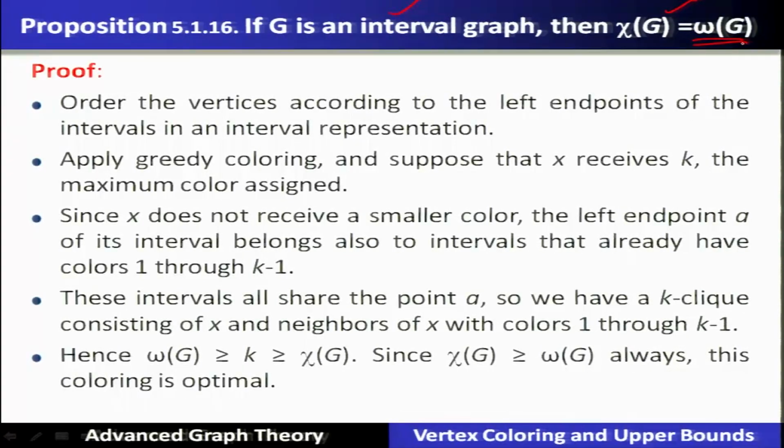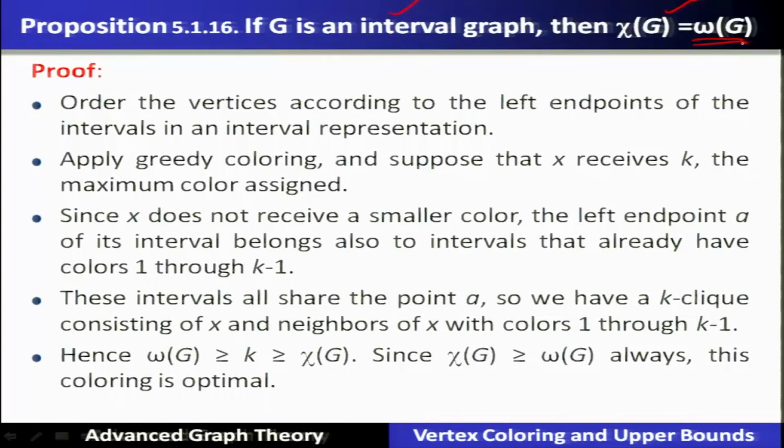Let us see the proof. Order the vertices according to the left end points of the intervals in the interval representation that we have already seen earlier in the example. Apply the greedy coloring and suppose that X receives K, the maximum color assigned. Since X does not receive a smaller color, the left end point A of its interval belongs to intervals that already have the colors 1 through K minus 1. These intervals all share the point A, and we have a K clique consisting of X and the neighbors of X with colors 1 through K minus 1. Hence omega G is at least K,